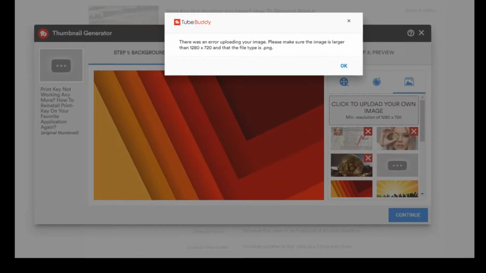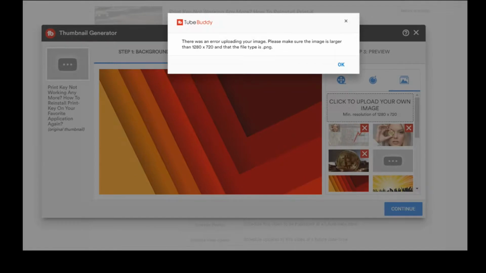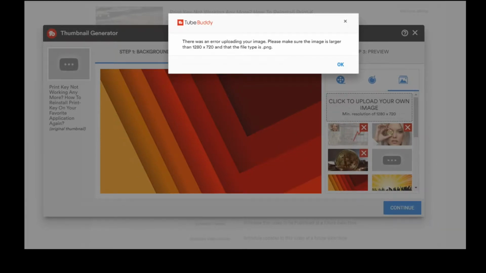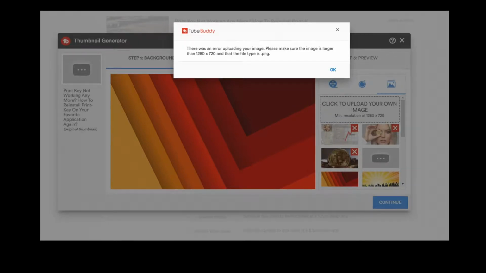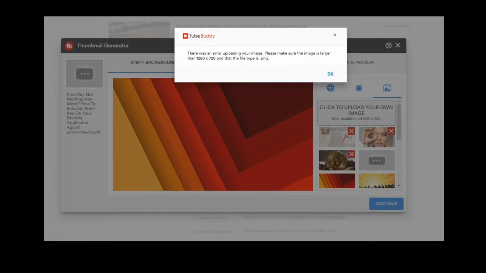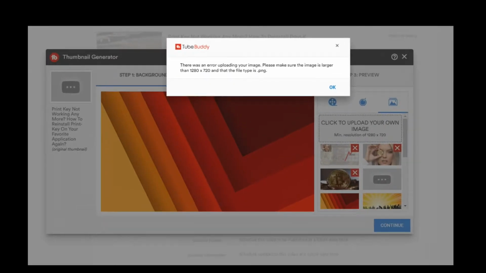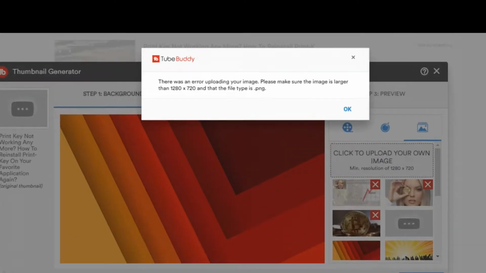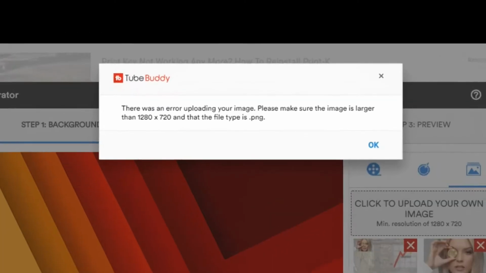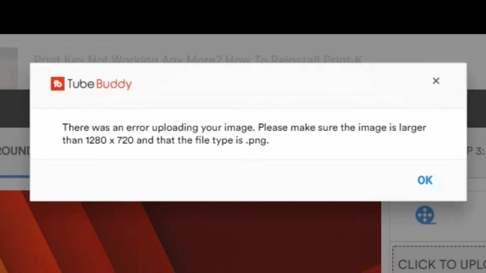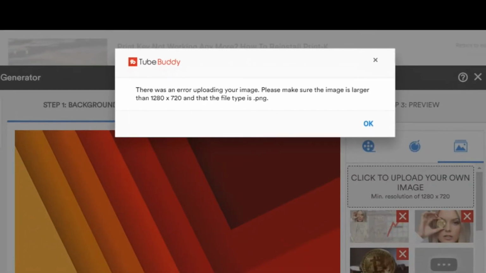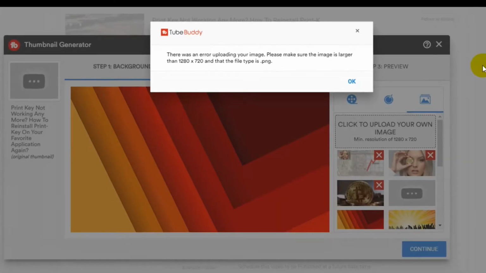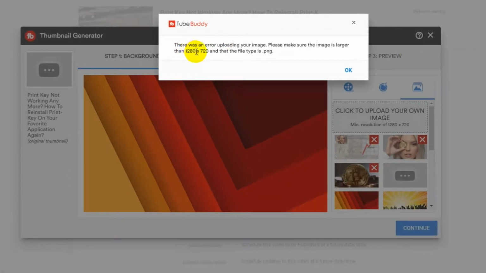Hi guys, welcome to this video about what you can do when some kind of program or Chrome browser or whatsoever is asking you to upload an image with higher resolution. That happens so many times in a lot of programs or websites. They say, okay, you have to have a picture with at least so and so by so and so resolution,